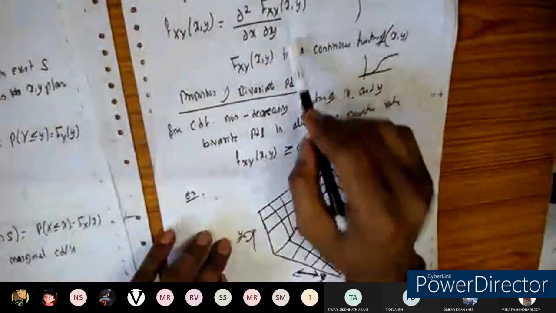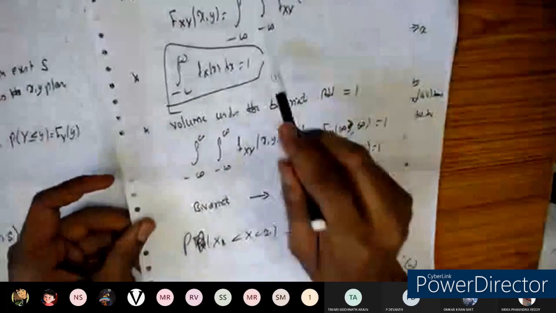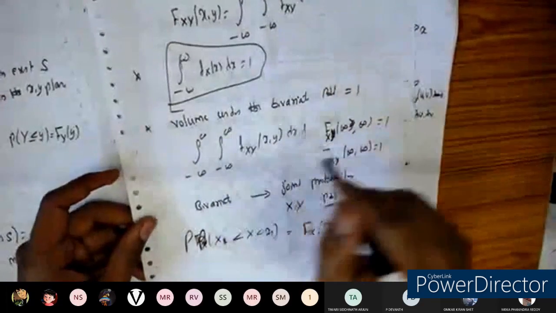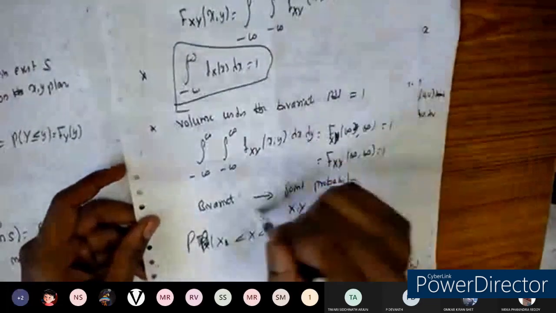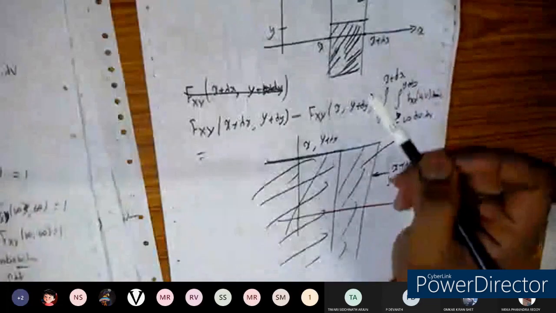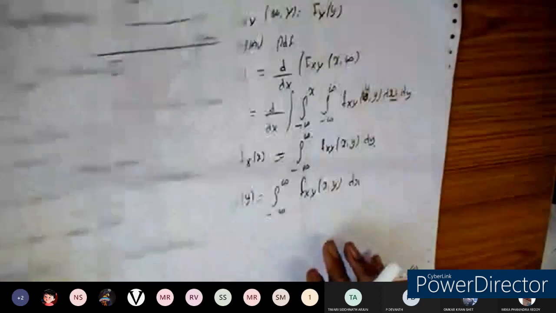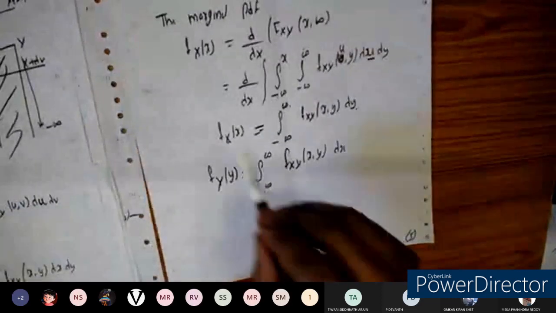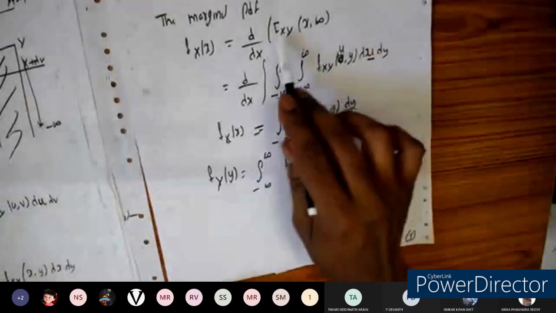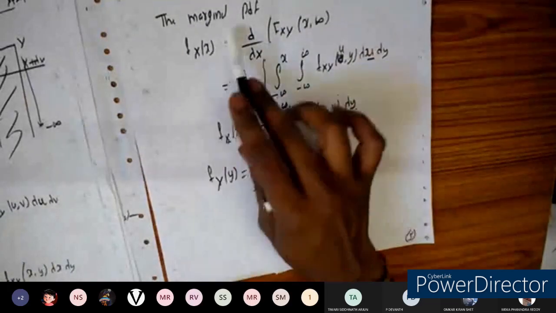So that's what we obtained here. And we have seen the properties also. Like the area under the curve, it is considered as the area under the volume, and some more properties we have seen for the joint PDF. And also we can obtain the single PDF from the joint PDF. So we are going to call that one the marginal PDF.